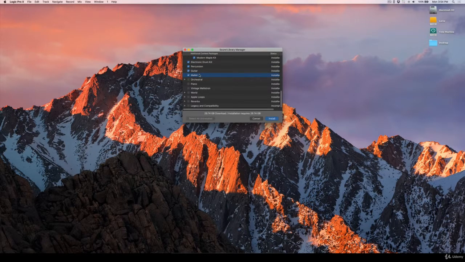Mallet, just audio files there. Then we have the orchestral, and here we have a lot of real orchestral sounds. And this is all going to EXS24. So EXS24 is just, as I said, audio files, and it's very nice to have them installed there. Piano, same thing here. This is just audio files, and these pianos are being used in a lot of different commercial